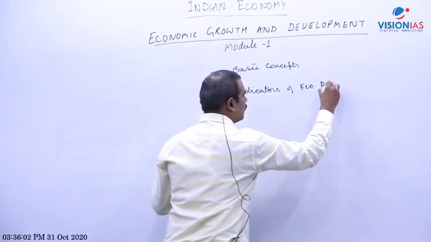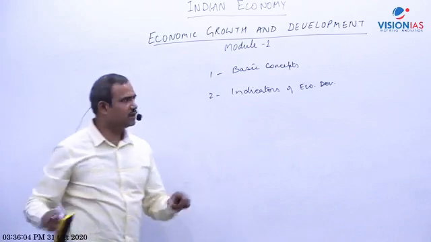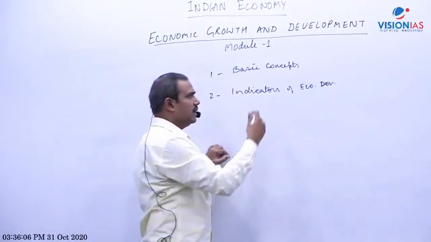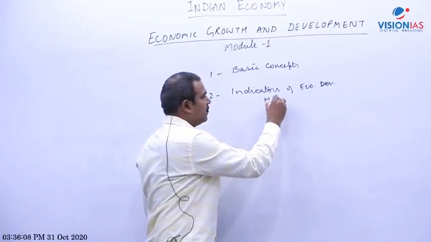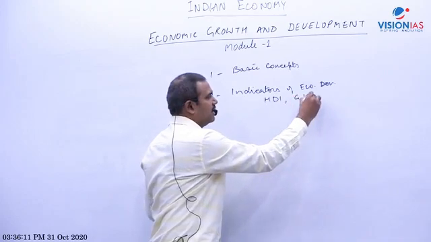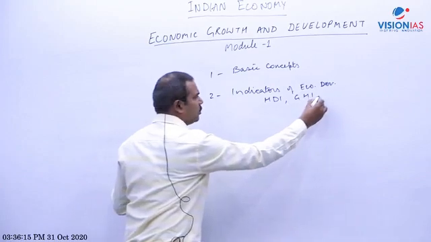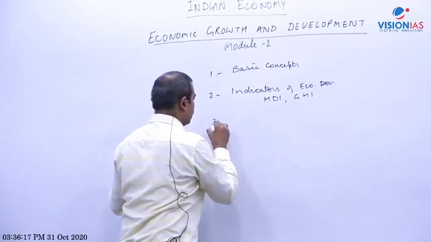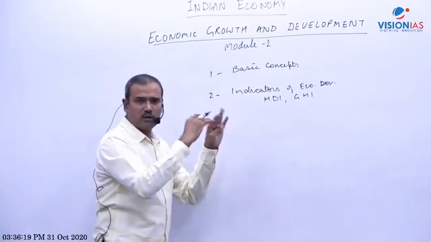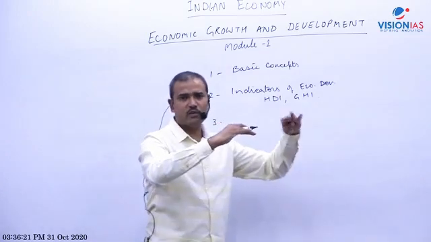I'm just giving you an overview of what I will discuss in this chapter, like the human development index, the hunger index. For example, the global hunger index was recently published, you might have seen it in the newspaper. Also the happiness report, etc. So where we stand, how we measure the level of economic development and inclusive growth, and where we stand in the world.